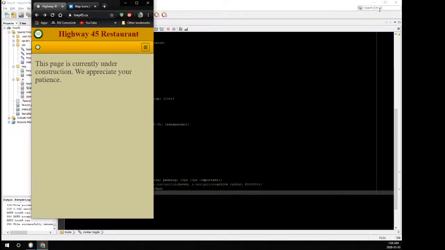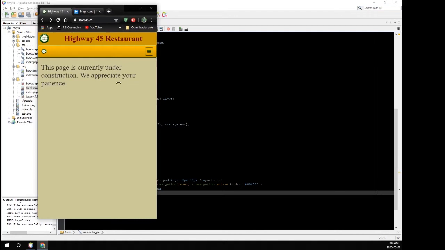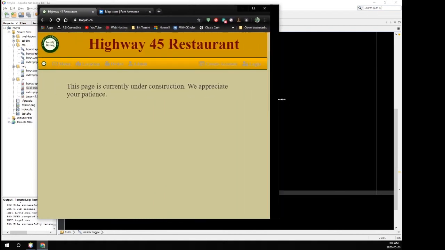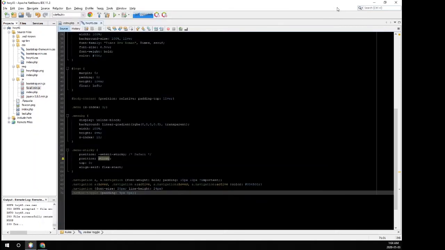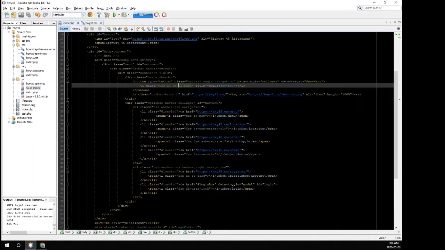Okay, and we're back. So after a little bit of playing around, I have it just like I want it now. So our icons and our text are relatively the same size. They flow well together at the very least. You can make these bigger and smaller. In order to do that, you go in and add